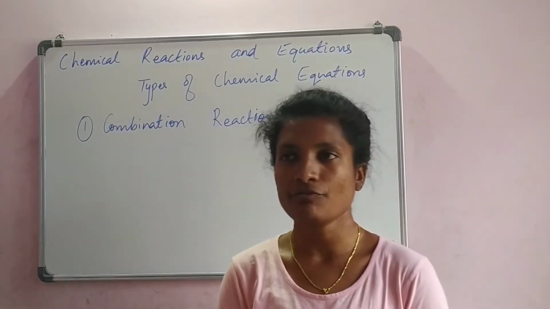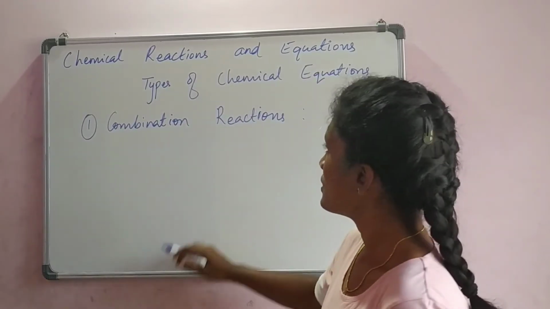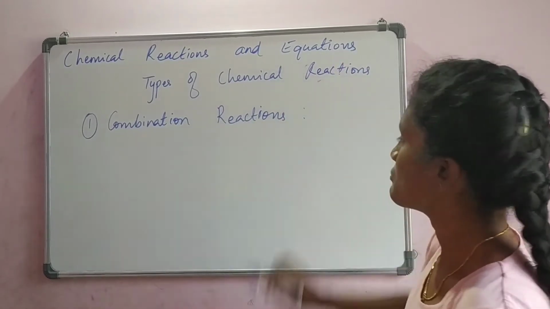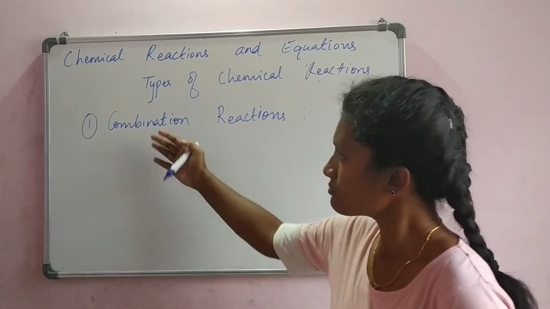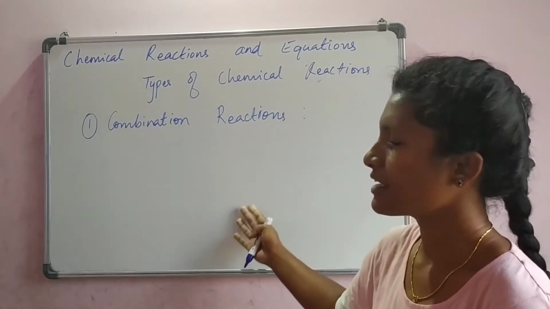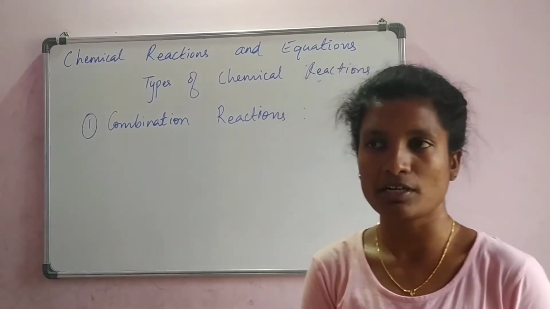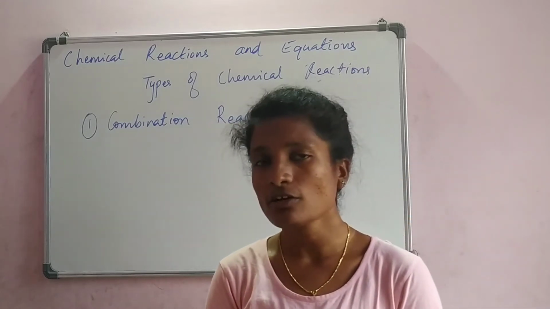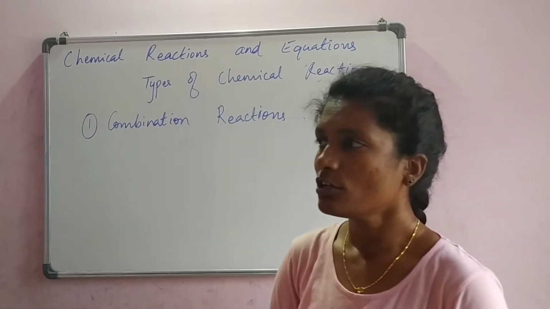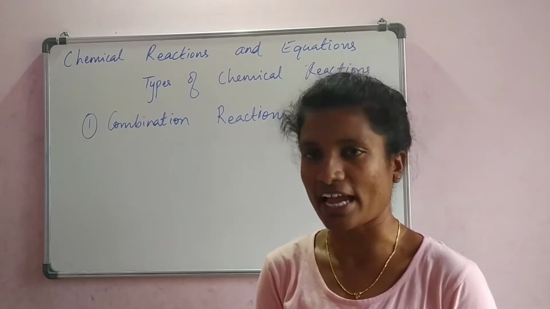In the last session we ended up listing out all the types of chemical reactions, isn't it? So we had 5 important chemical reactions, naming them: combination reaction, decomposition reaction, replacement reaction, double replacement reaction, and at the end oxidation and reduction reaction, which is also called redox reaction. So we will get into each reaction and understand them with examples and some activities.